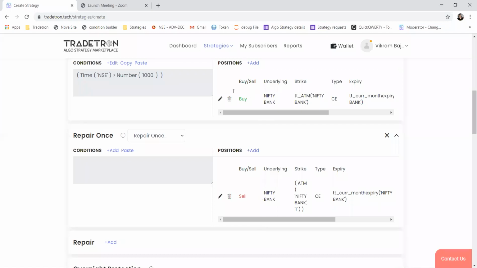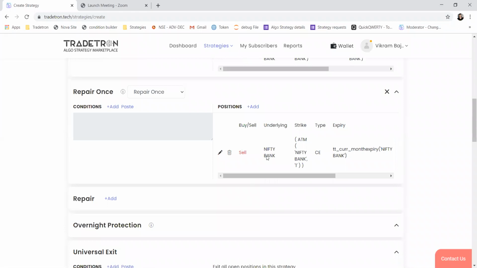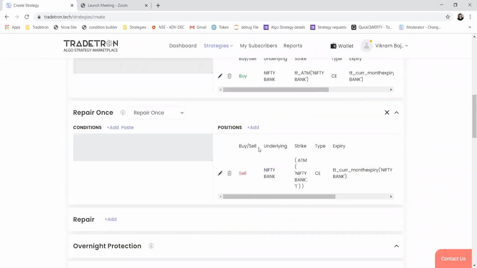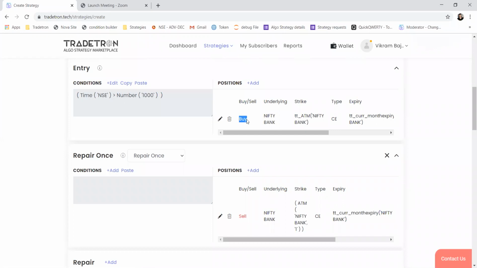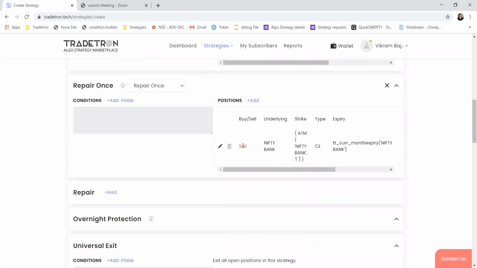So first the entry will be executed, which is a buy order. Then it will wait and execute the sell order. First this leg will be completed, and once we get confirmation that this leg is executed in your trading account, only then will it go for selling this call option.